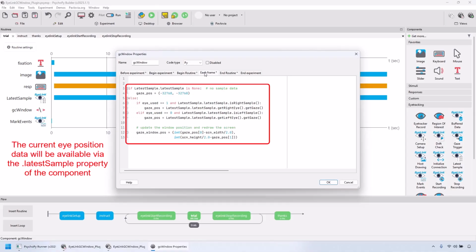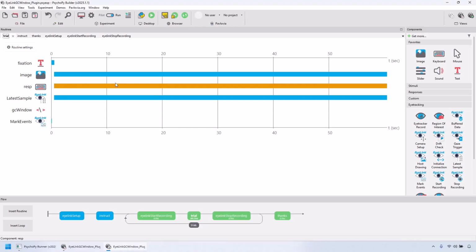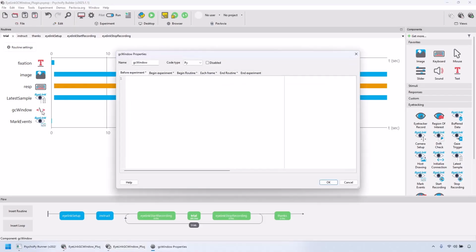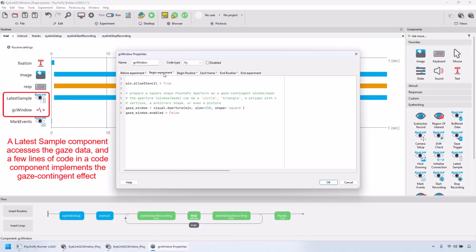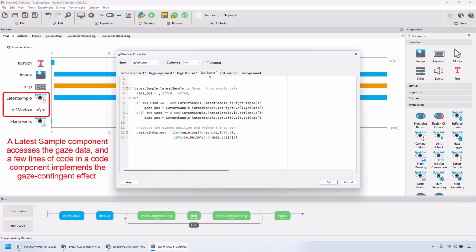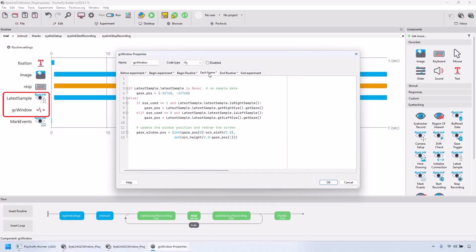The EyeLink GC window plugin example provides an illustration of how to access and use the latest sample data. This example implements a gaze-contingent moving window by using a latest sample component to access the data, and then using just a few lines of code in a code component in the trial routine to use that data to update the position of a moving window that follows the eye. The each frame tab of that code component gets the eye data by referring to